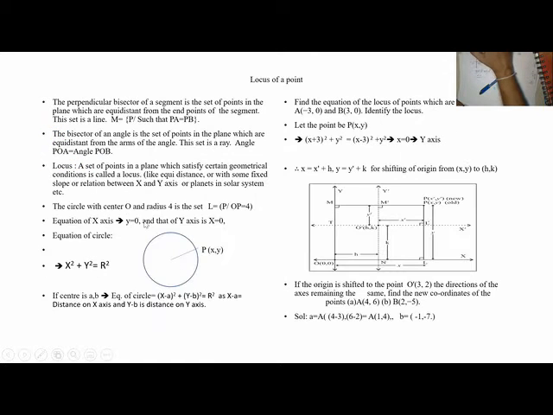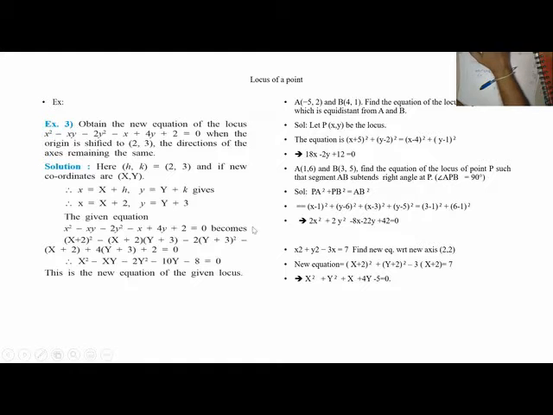This drawing we have seen. Small x is equal to X plus h. This is small x, totally small x. It divides into two parts: this is capital X with respect to this axis, plus the center. Similarly for y. So when I substitute, in place of x, X plus 2, and in place of y, Y plus 3, I am getting a new equation with respect to the new axis. Okay, now you see here, 2 points are given.